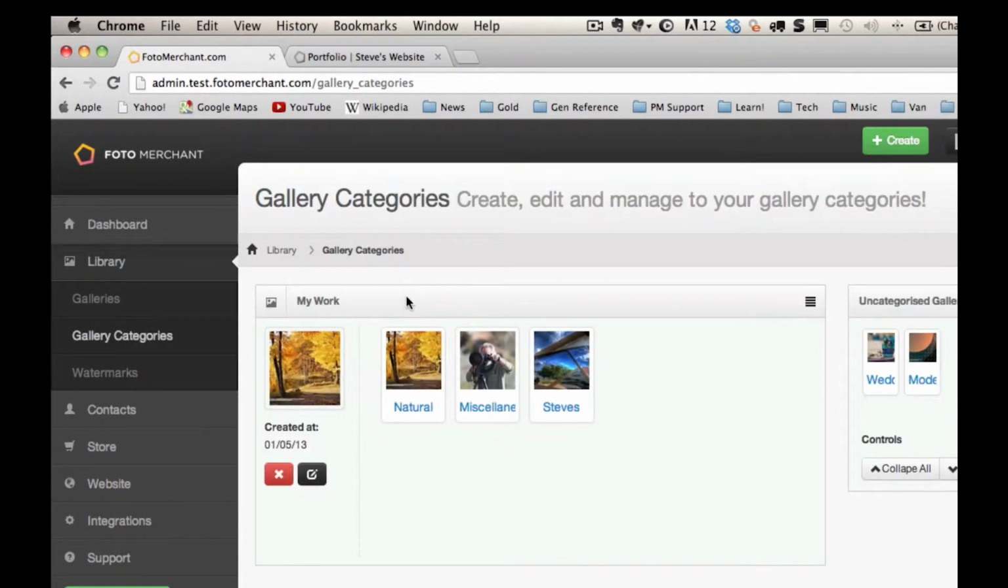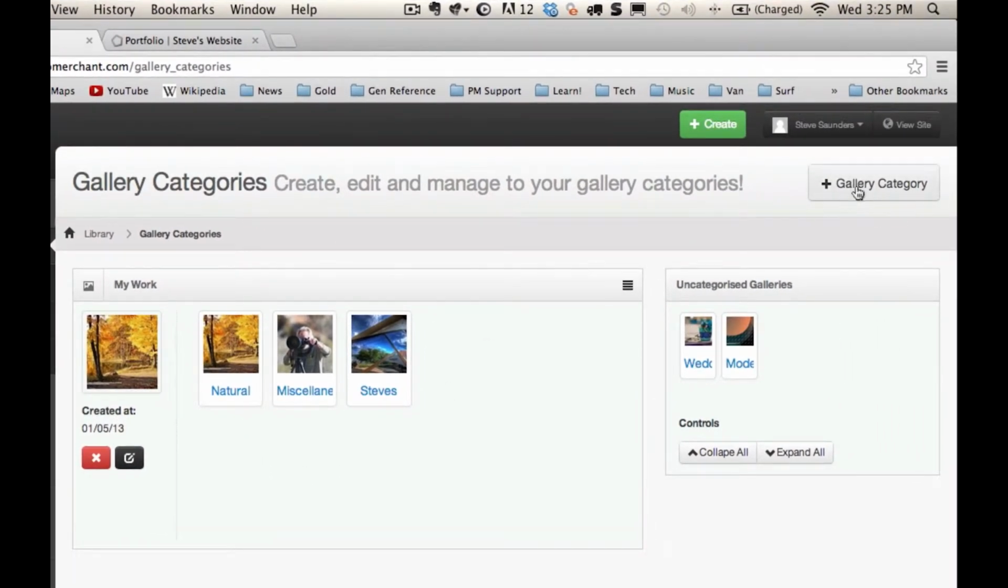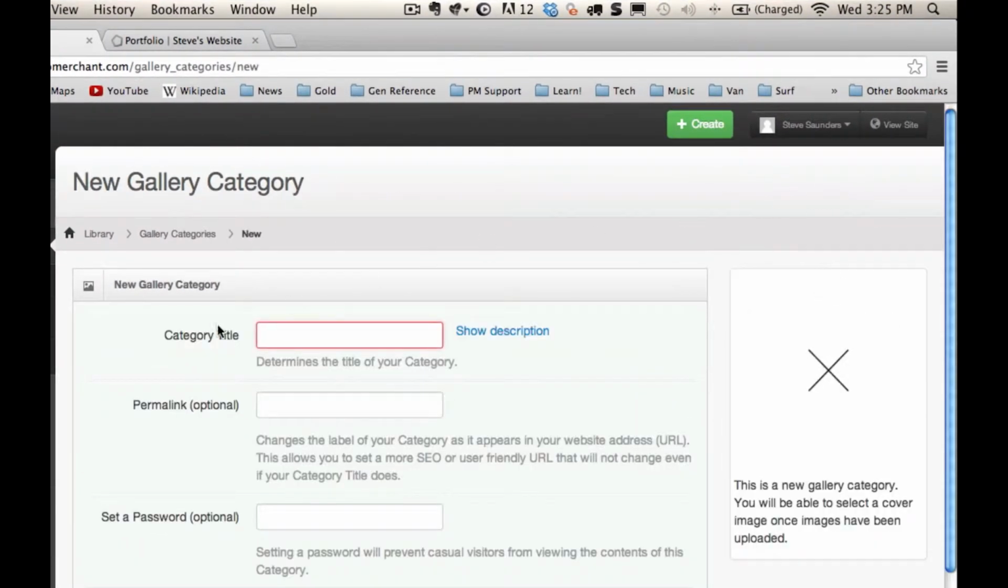Here we have a category that I just created earlier. It's called My Work, and you can see we already have 3 galleries assigned to that category. If we move to the top right and hit the Add Gallery Category button, then we can start creating our own new category. I'm going to call this one the Clients category,